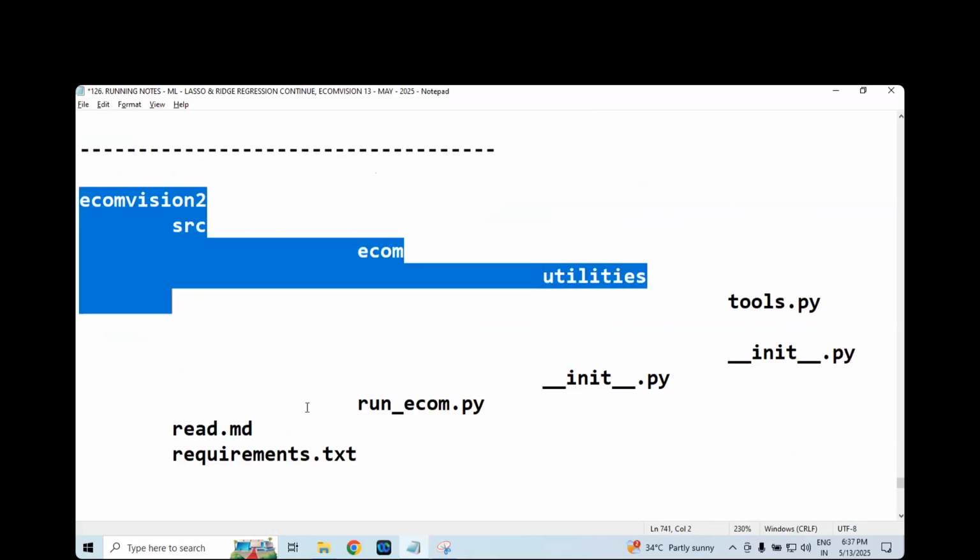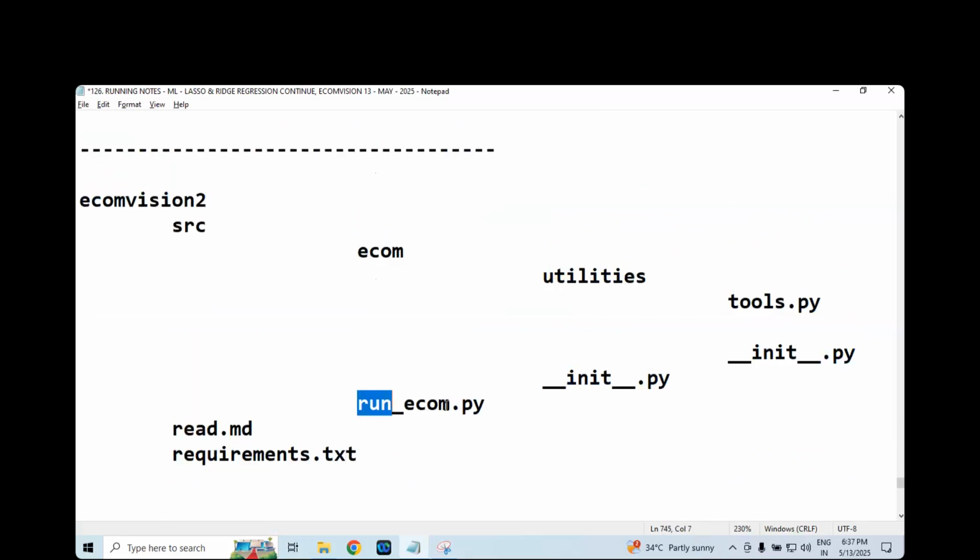Sir, for this project, the main file is called run_ecom. Do you want to understand the project? Start learning from here, not from there. There is a way you should understand. Once you join a project, ask your leader, colleague or peer what the main file is. Then your understanding should start from the main file. Why? Because the main file contains all other files, other packages, other modules.